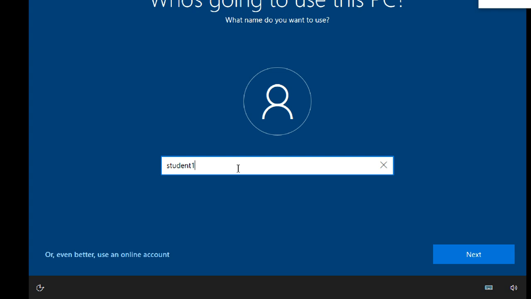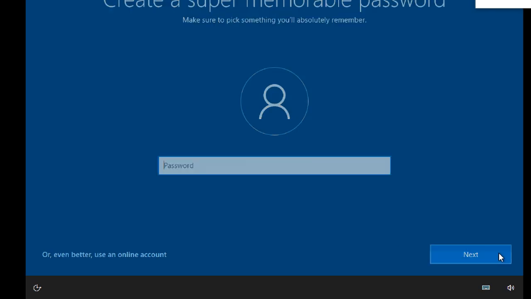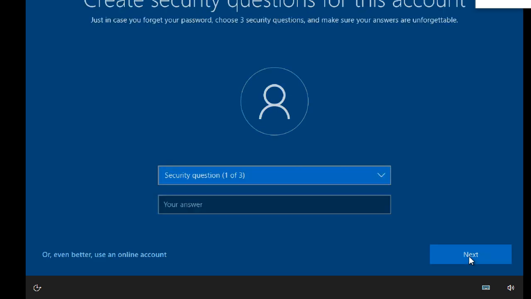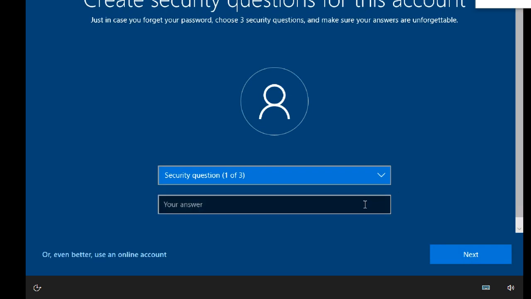Whatever the first account you create, it is automatically an administrator. Because it's an administrator, you must provide a password. I'm giving the password Vedic@123. I'm giving a simple password. Whatever password you give, don't forget it, so it's better to always use something like Vedic@123 or admin@123, so next time you don't cause any problem. We are here to practice, not protect.